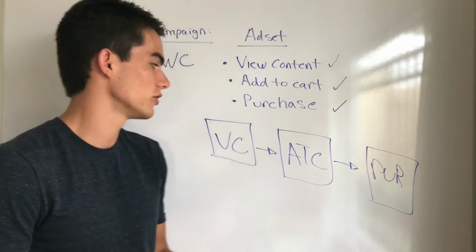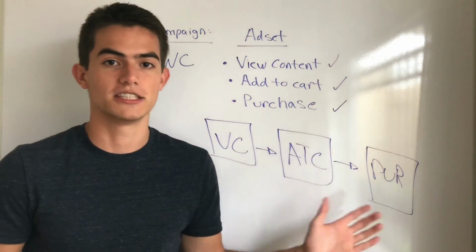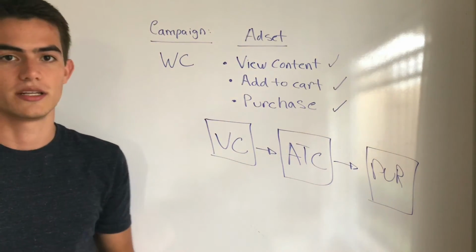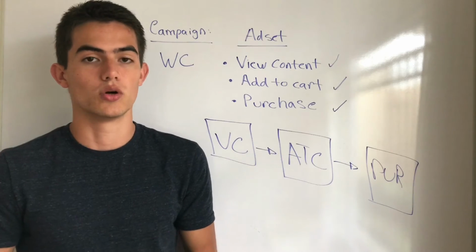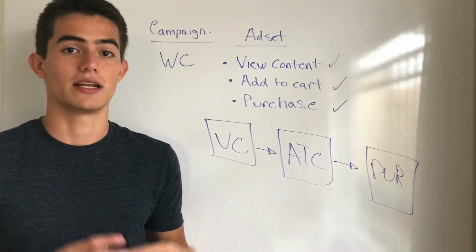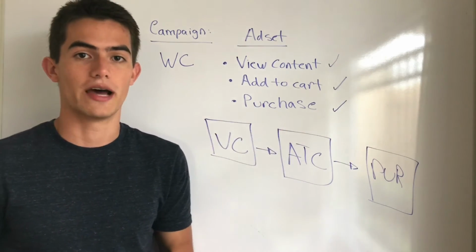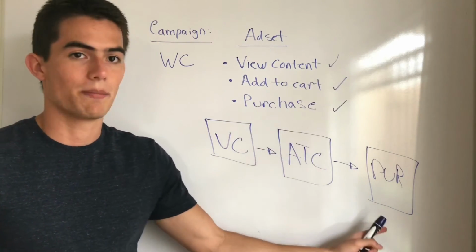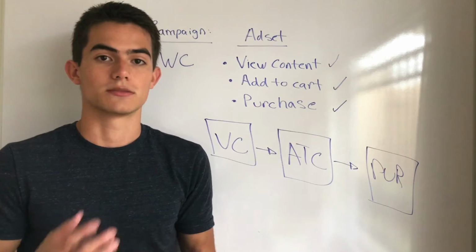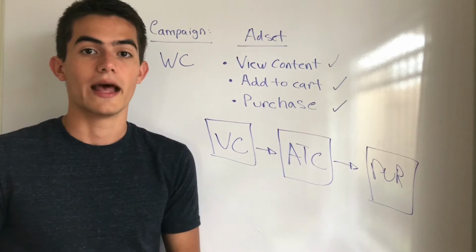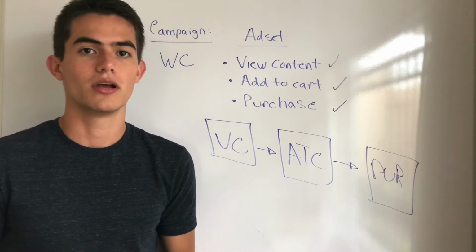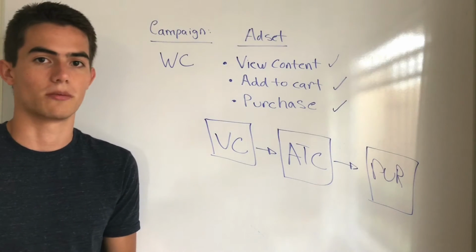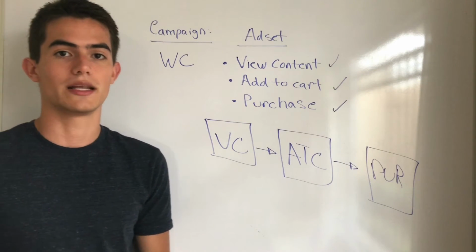e-commerce ads? So first of all, this has a lot to do with the Facebook pixel. When you use the website conversion objective right here, you will be using the Facebook pixel to optimize your ads. The Facebook pixel, I've mentioned in a lot of videos, is pretty much like the brain of your ads. It's a brain that the more data you give it with the conversions that happen on your website, the smarter it gets, and the smarter the Facebook pixel gets, the more it helps you. It helps you make sales, it helps you get better results, it helps you make more money in the long